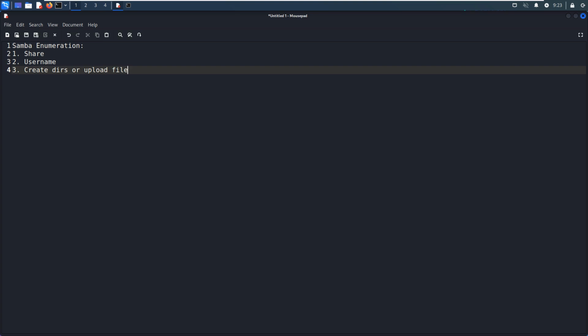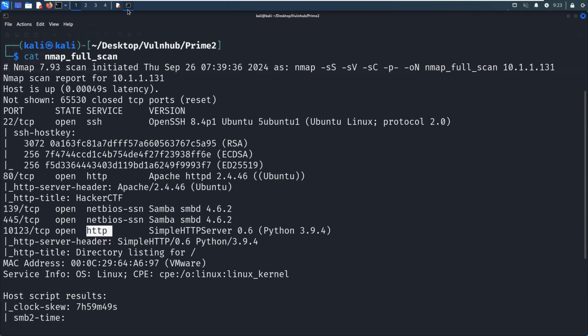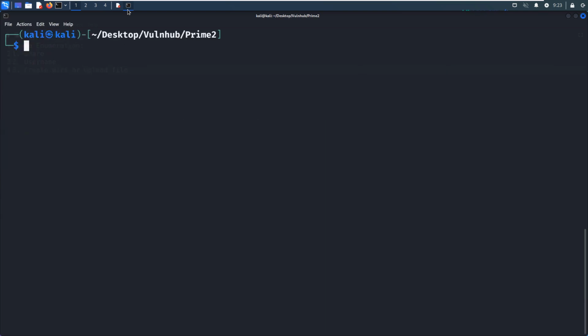Next, let me show you in action. The first utility I'd like to use would be smbclient, with the option -L. Press enter.